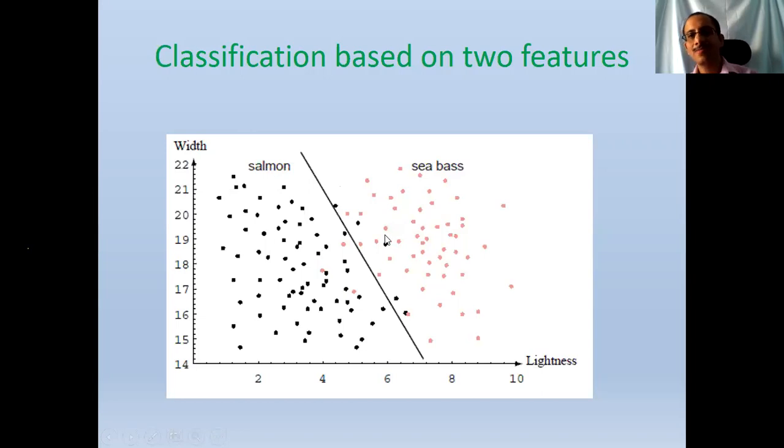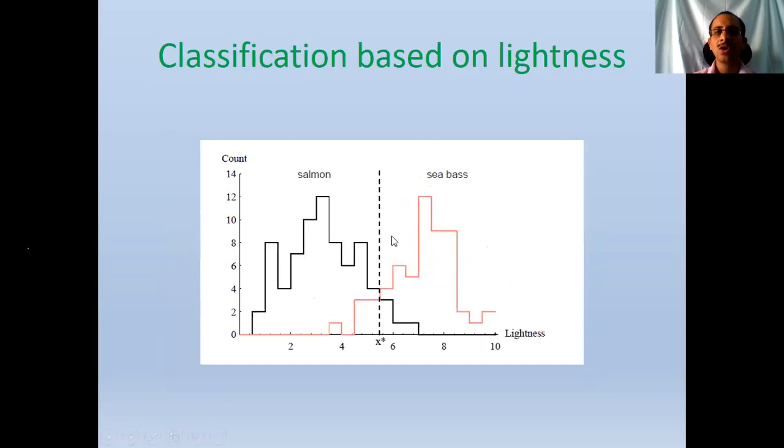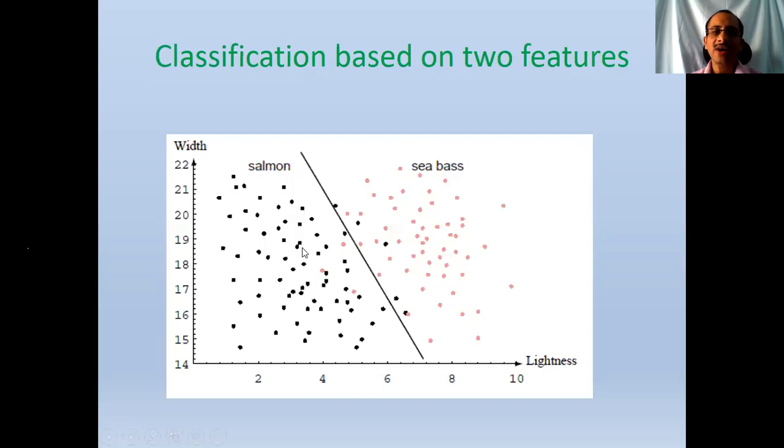Previously we had only one feature value, and we had a probability density function P of X, of one variable. Now this probability density function is of how many variables? Two variables, P of X1 comma X2. And further, whichever optimization I want to do is with a vector variable, not with a scalar variable.